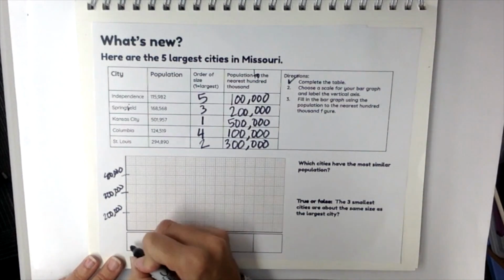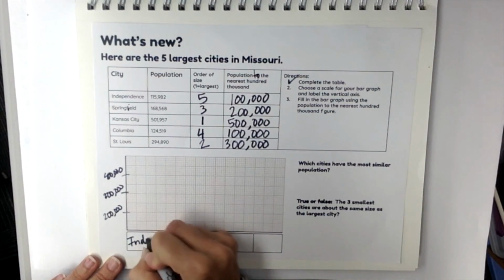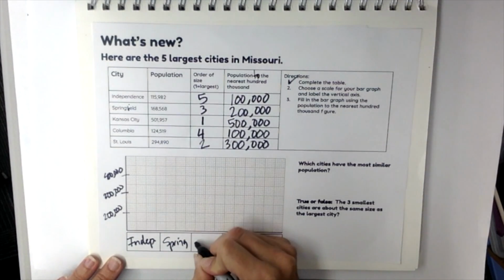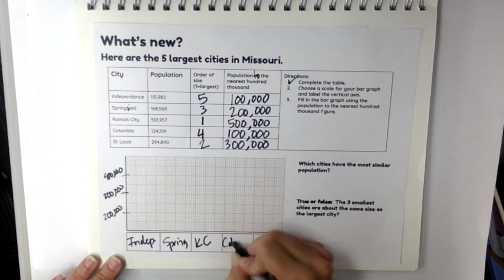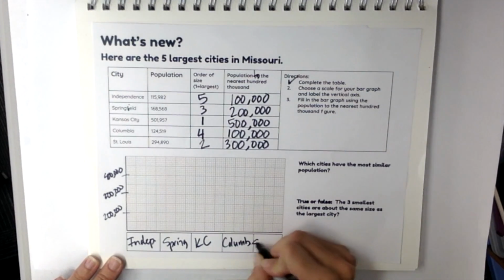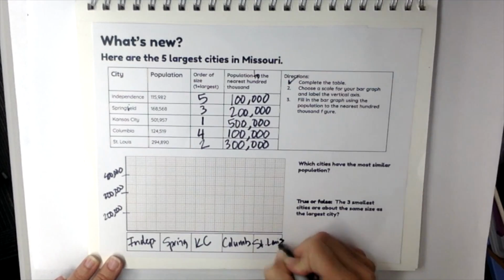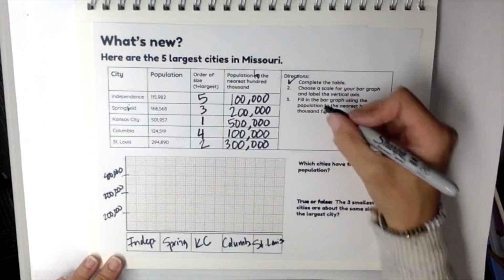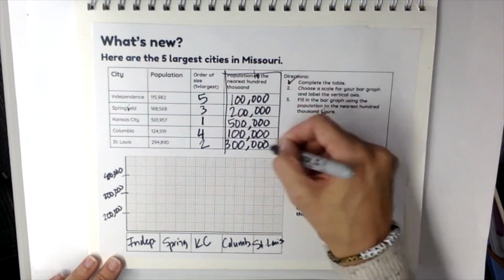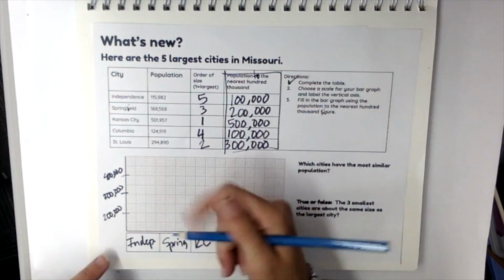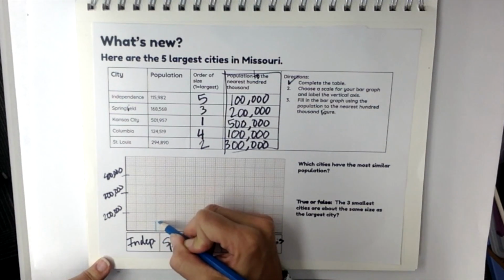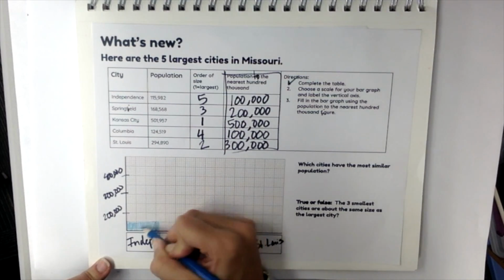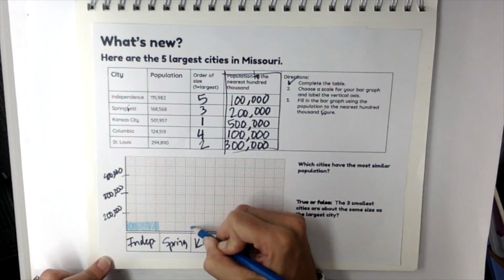So let's start with Independence. I'm going to just do some abbreviations here. Independence, Springfield, KC, Columbia, and St. Louis. Fill in the bar graph using the population to the nearest 100,000 figure. So this is what we're going to use for our bar graph. So Independence, we're going to shade Independence up to 100,000. And we're going to do Springfield to